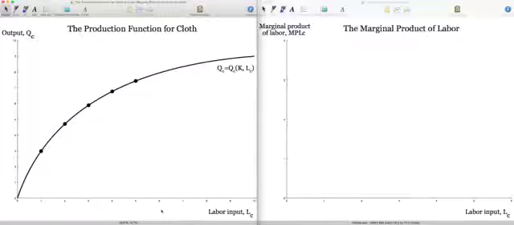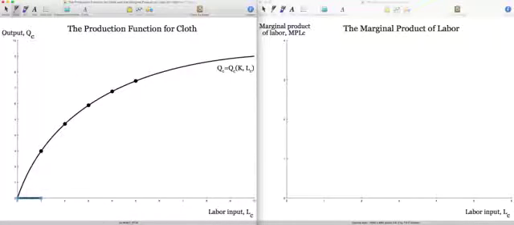Now I want to make sure that you understand, looking at this production function, how we can derive what the marginal product of labor curve is going to look like. So what we're going to do is incrementally, continually increase the amount of workers and see what impact each of those workers has on production. So for example, if I start with no workers, I'm going to have no cloth production. And if I hire one additional worker, so if I move from this point here to this point there,